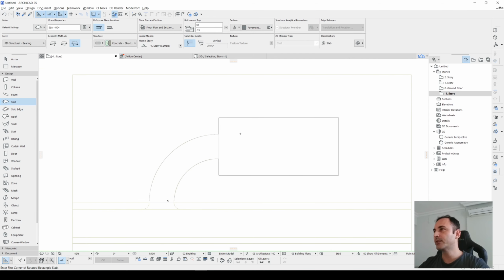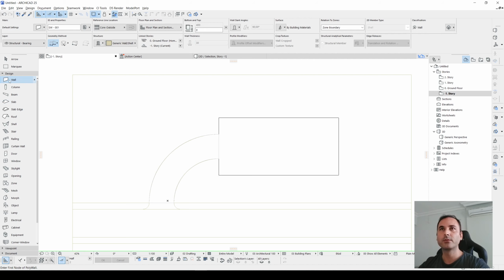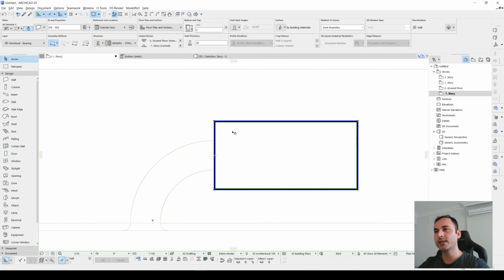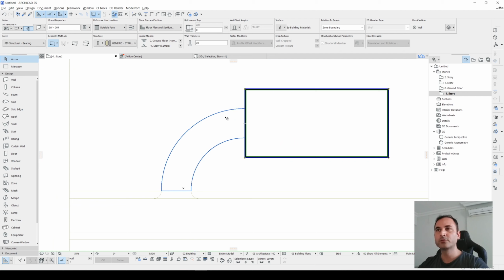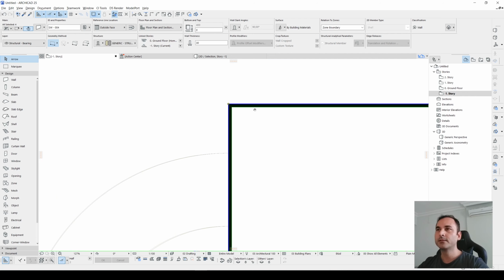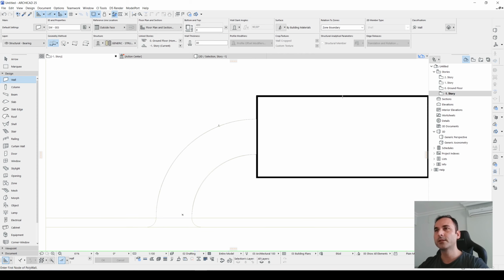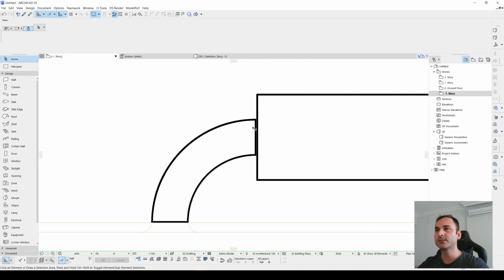Now we can create our exterior walls for our garage. Just click wall, set structure to simple, hit the space and click. The direction is okay. If not, we can fix it later. Now we will create our walls for the ramp. Let's hit the shift, click any kind of wall. Again, hit the space and click. It's very simple.